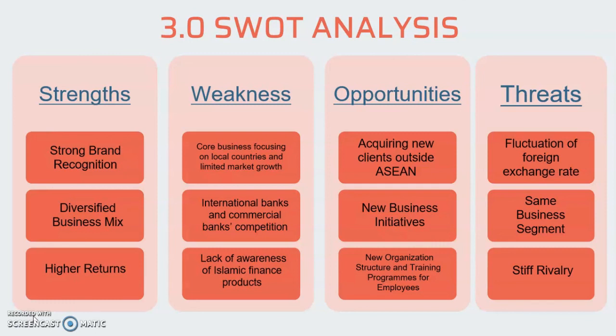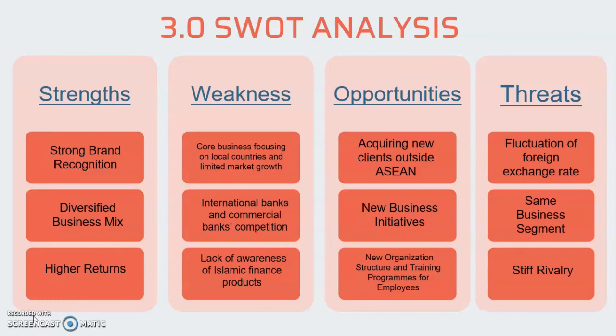Second, same business segment. ICE need to face the peer which offer the same services to the customer. For instance, Alliance Islamic Bank and at the same time, Bank Islam Berhad also provide the same Islamic banking instrument to their customer. Thus, the customer have option to choose which service that they desire. In addition, there is also the opportunity that the existing customer of ICE may also turn back from AIB